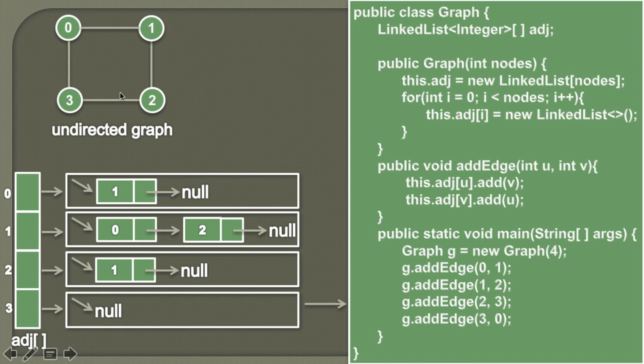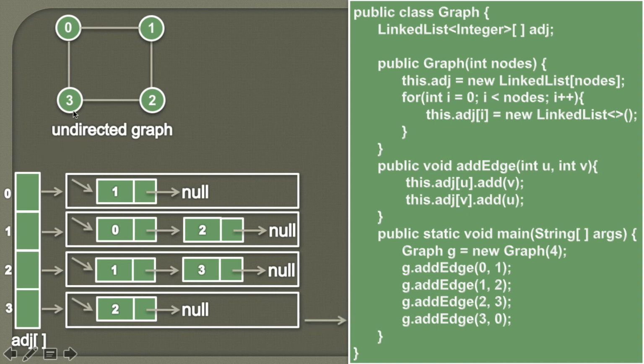now there is one more edge from vertex 2 to vertex 3. This can be demonstrated as, to the linked list at index 2 we will add the value 3. So it would look something like this. Moving ahead, and as it is an undirected graph, to the linked list at index 3 we will add the value 2. So it would look something like this. Moving ahead,